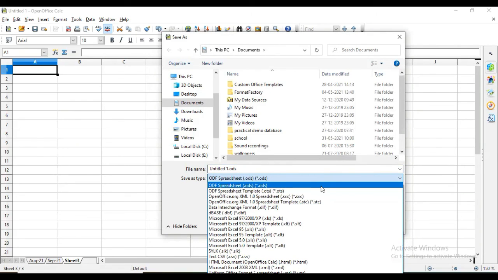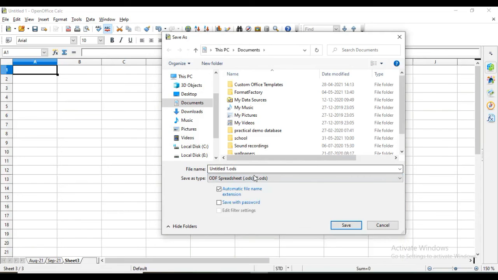This is ODF spreadsheet, that is ODS. ODS is the extension of Open Office Document Spreadsheet, so it will be saved as an Open Office Spreadsheet document. And here I am giving it a name like Standard 10 Practical.